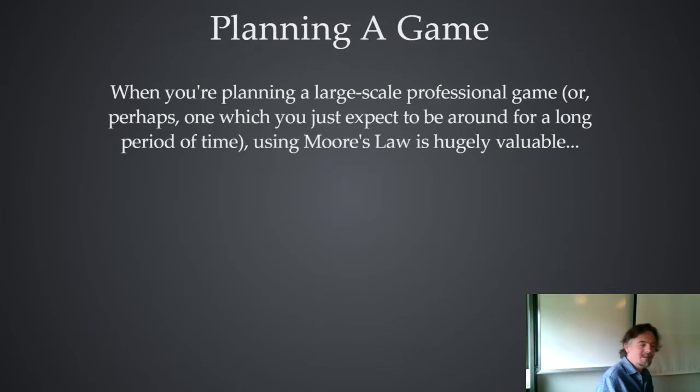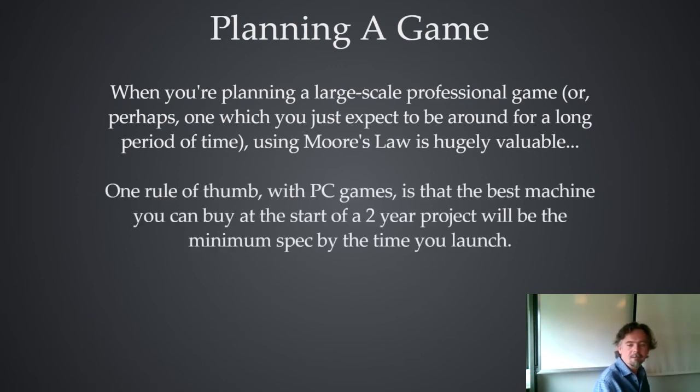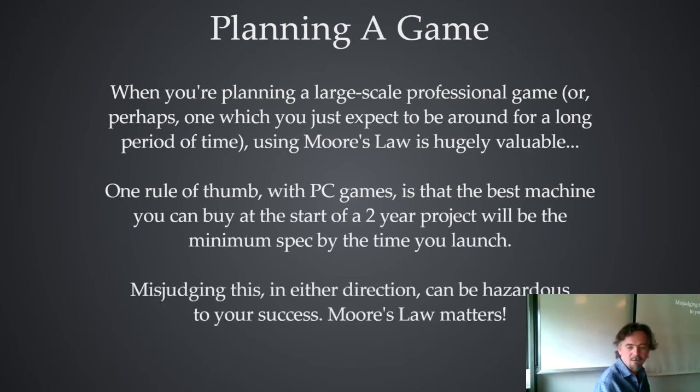And as I mentioned earlier, you do a version of this when you plan games. You look at the trajectory of where the tech's going to be to work out what your target specs are going to be. And if you misjudge it, you get problems. If you judge this the wrong way, you'll either come out with a game where the min spec is too out of reach, so you can't get high sales because you need a super fancy computer to play it, or you don't aim high enough and your game just won't look as good and shiny as other people's games because you've aimed too low in terms of your hardware specs.